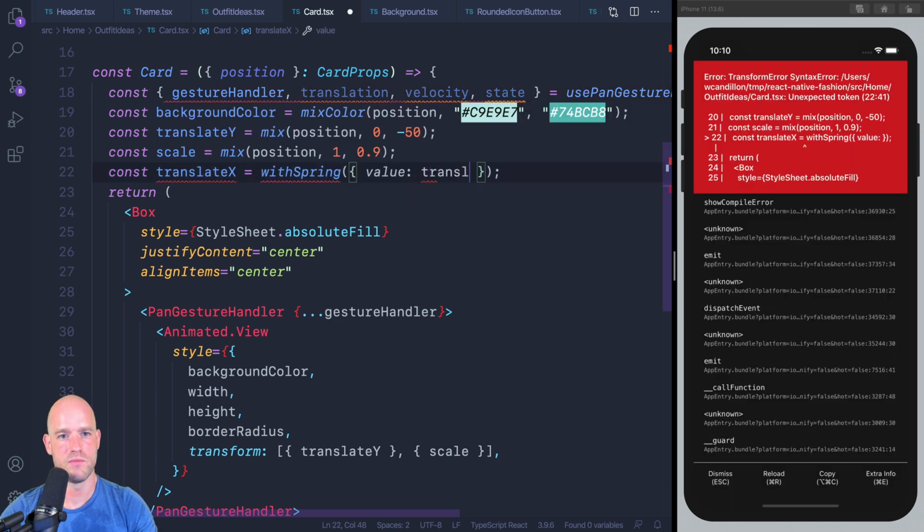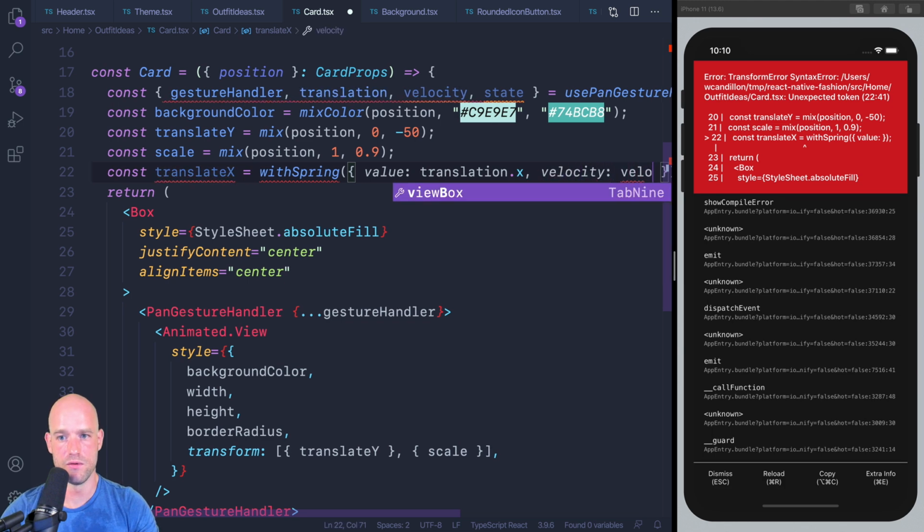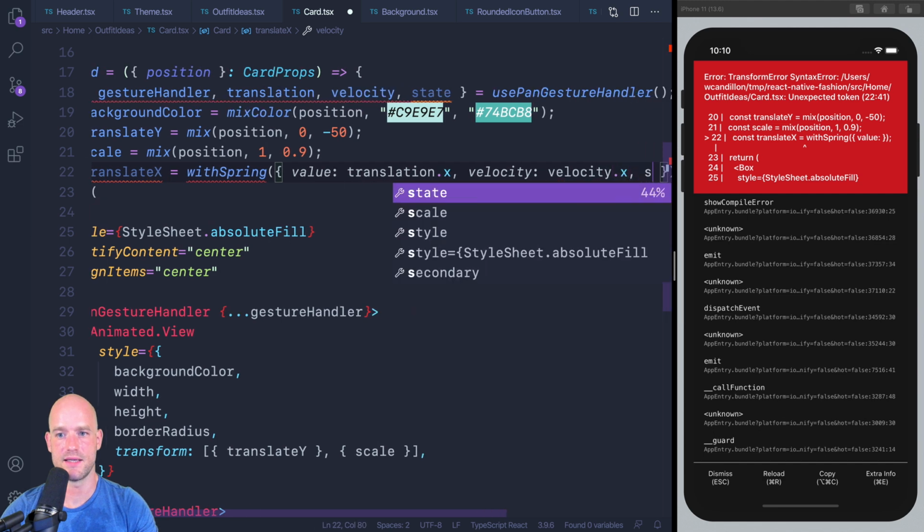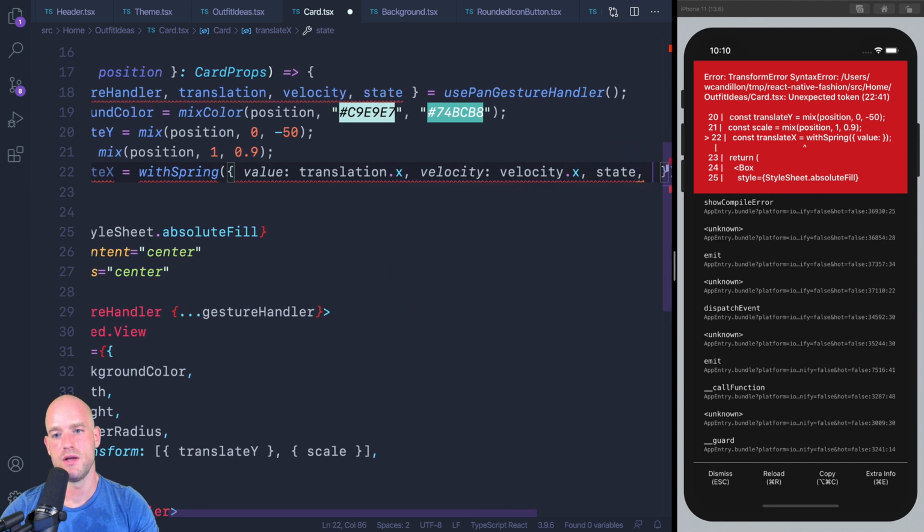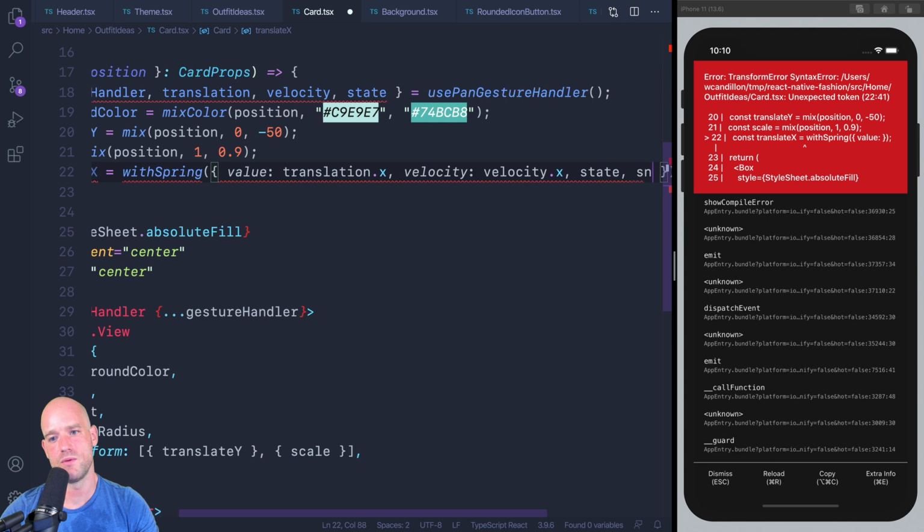So value would be translation.x, velocity would be velocity.x and state of the gesture, and snap points would be